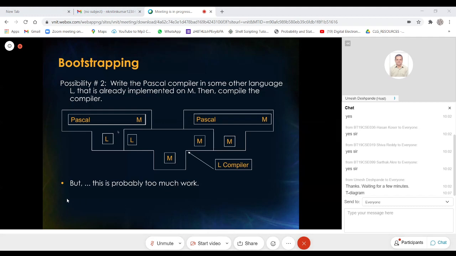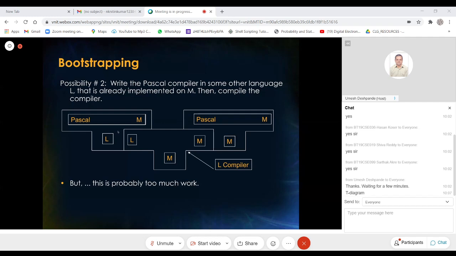By the way, whenever processor manufacturers come out with new CPUs, in order for the CPU to be usable, of course the CPU has its own machine language, but they also provide an assembler for the CPU. So the computer manufacturers themselves come out with an assembler so that at least the users of those CPUs can write programs in assembly. And as we discussed earlier, an assembler is that translator which translates an assembly language program into machine language.